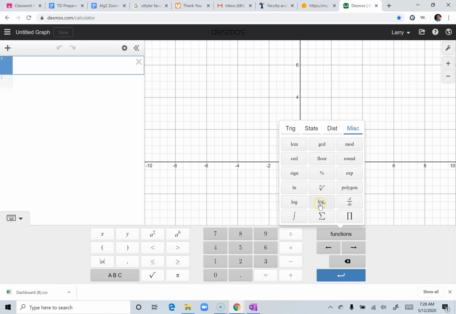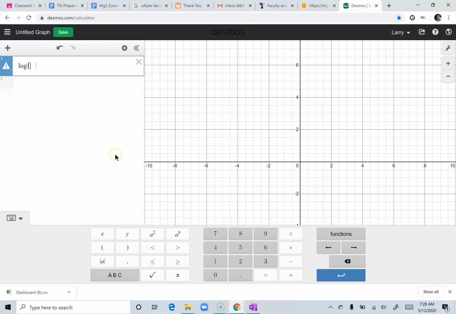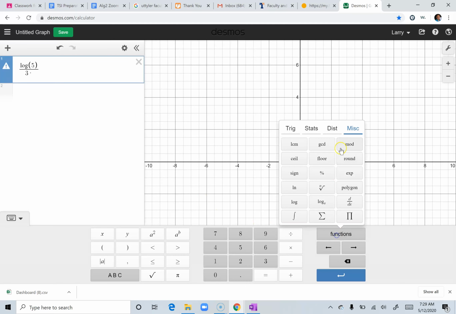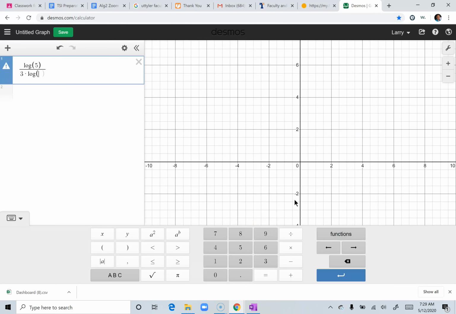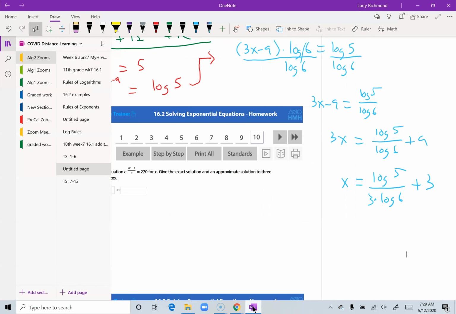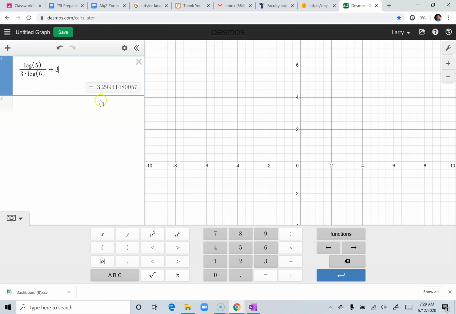We could use log base A, but in this case we're using the natural log, so we can just simply type log. Log of 5 divided by 3 times log 6, getting out of our denominator, minus, plus 3. And we see that's approximately